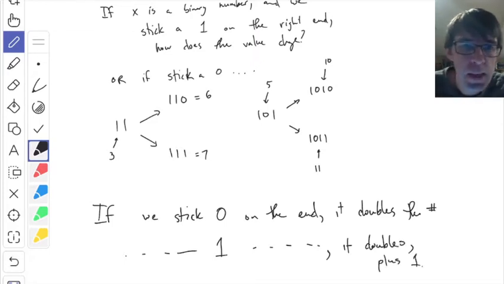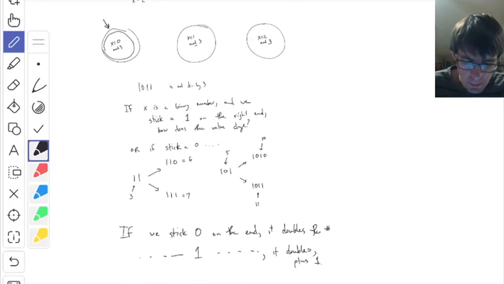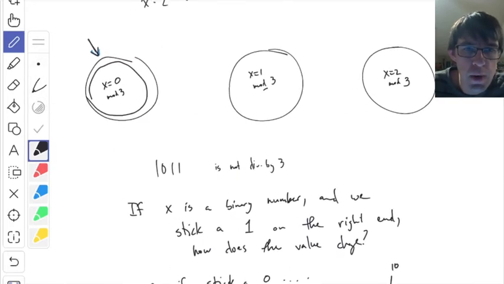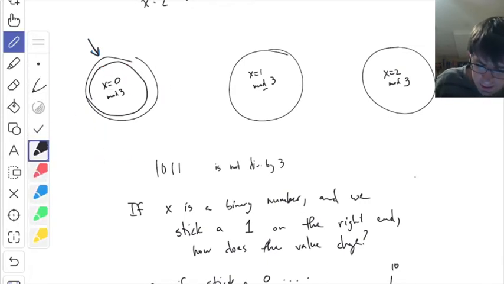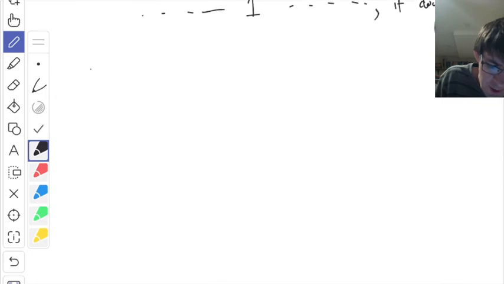All right? Excellent. So we are beginning to understand a little bit about what happens when you're reading a number from left to right in binary. I don't generally suggest reading numbers in that way, but we can answer questions about which way the arrows should go. So I would like to know, from the starting state, which way should the outgoing arrow go with a 0 on it? So the way to answer that is, I have to ask myself, first of all, if x equals 0 mod 3, and I stick a 0 on the end,